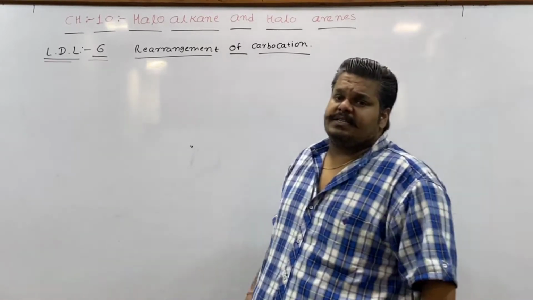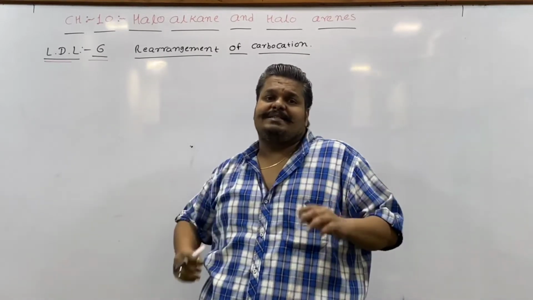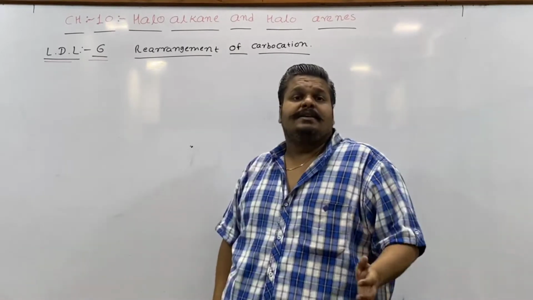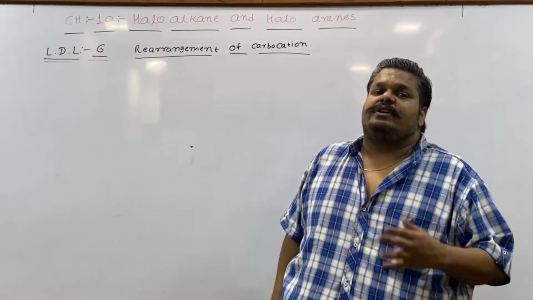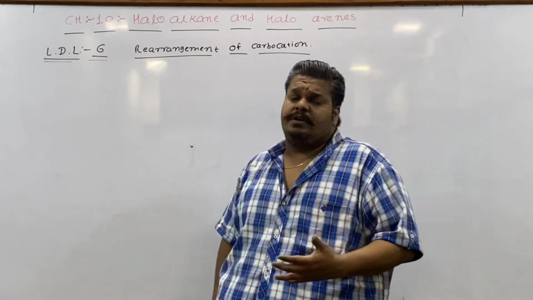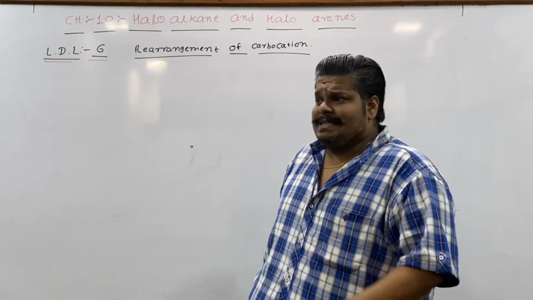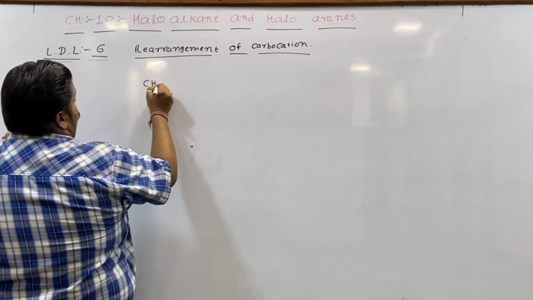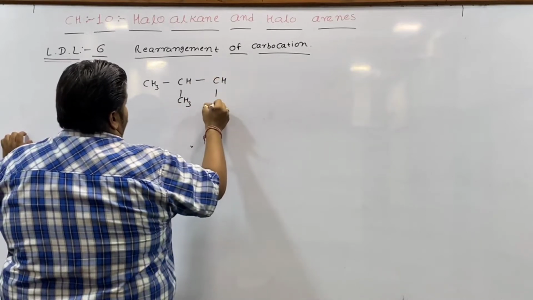2-bromo-3-methyl-butane. This topic is termed the rearrangement of carbocation, which is not in our CBSE textbook as a topic, but it's an additional topic to understand the stability of a carbocation and how the reactions follow the SN1 and SN2 mechanisms. It's an additional topic, but most important for your board exams as well as for your competitive exams. Let's discuss by taking an example of 2-bromo-3-methyl-butane,